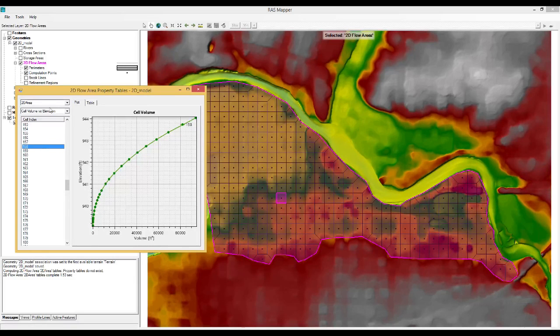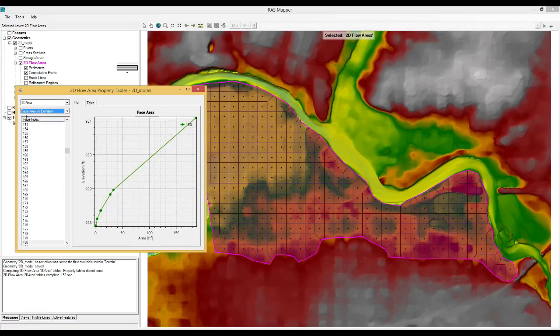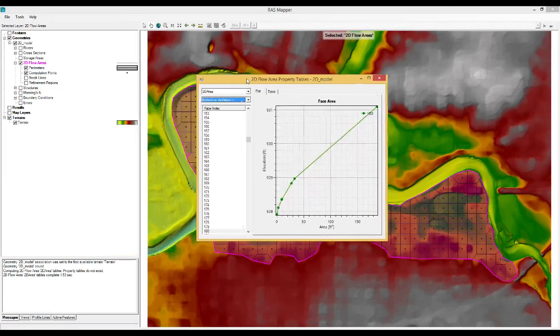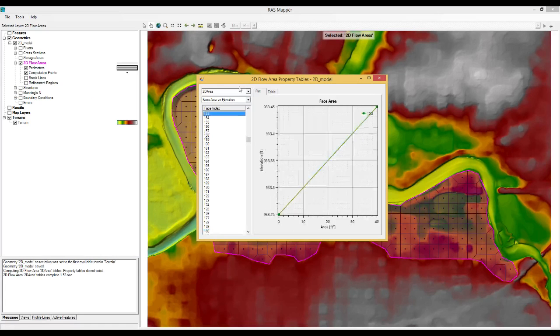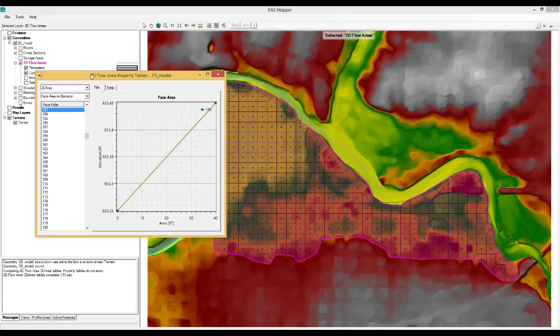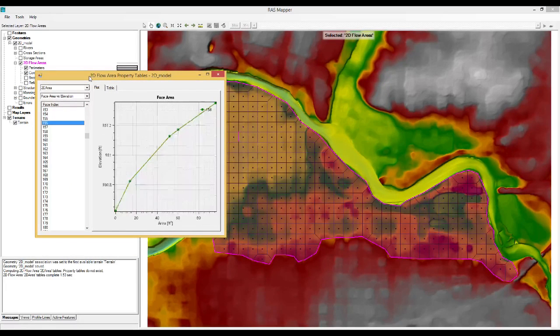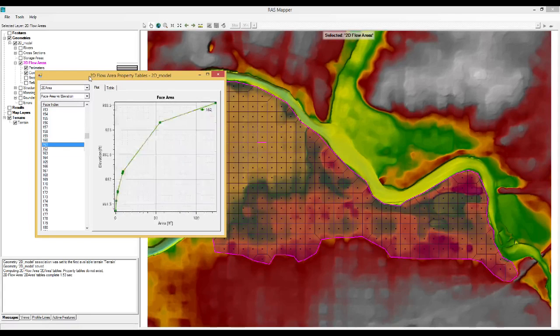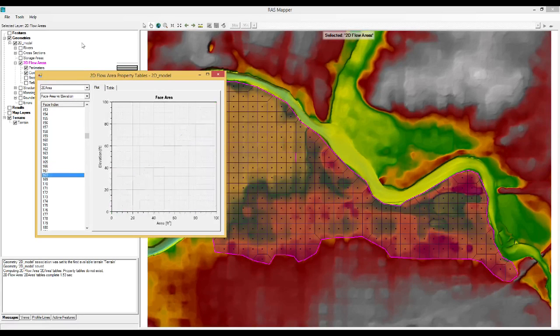Okay, so you can also find all the different things here. You can find the base area versus elevation, area and elevation. So you also find it with the different cell faces. Okay, and then